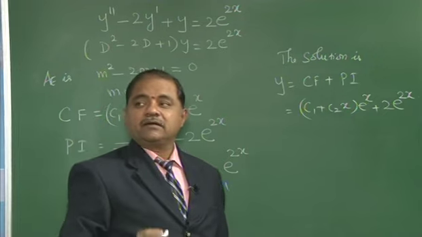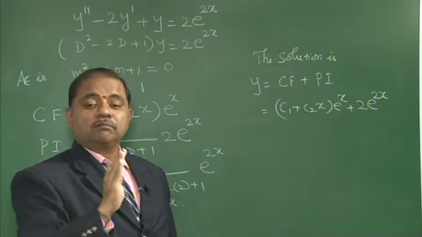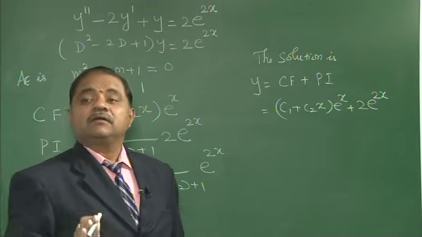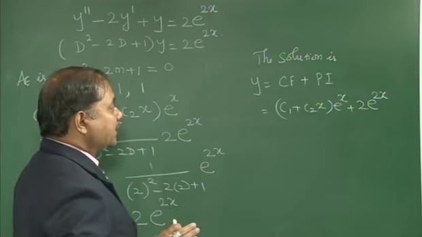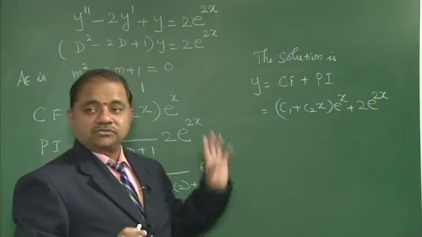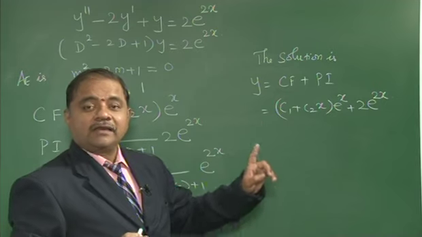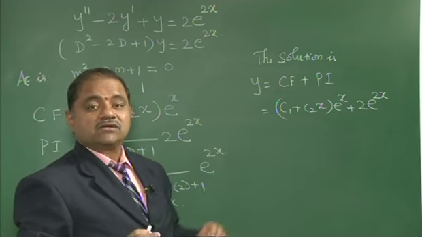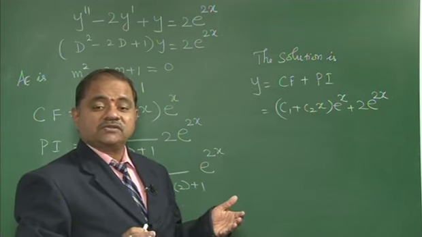Whatever I am telling, the complete format is very important. Don't miss anything. You have to write the complete solution as I am giving it: your complementary function, particular integral, then the total solution. The first problem in type 1 we saw was for unequal roots. This question is for equal roots. What is the third one we are going to see?